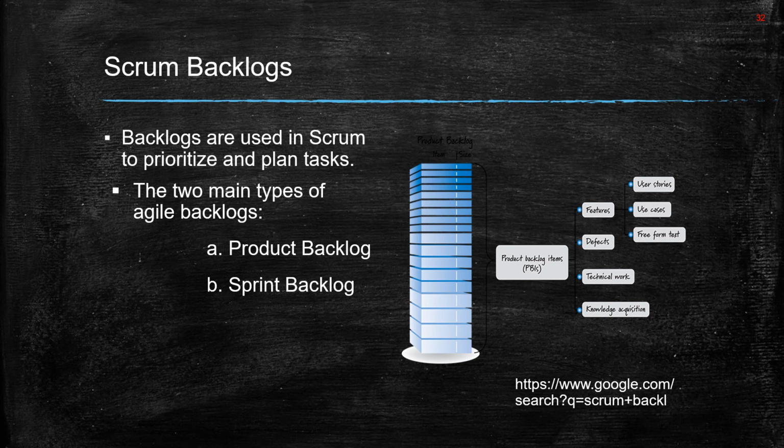Here are the two main types of backlogs: product backlog and sprint backlog. The product backlog contains the list of tasks that need to be done to complete the project. It also breaks down the list of backlog tasks so that the development team can use it. This product backlog is one of the backlogs that shape the Scrum methodology.